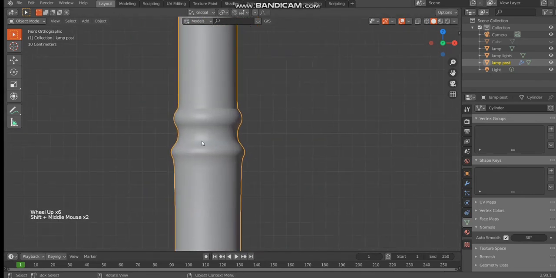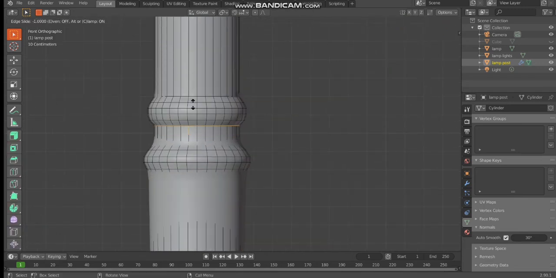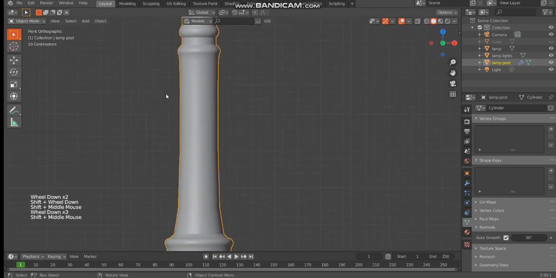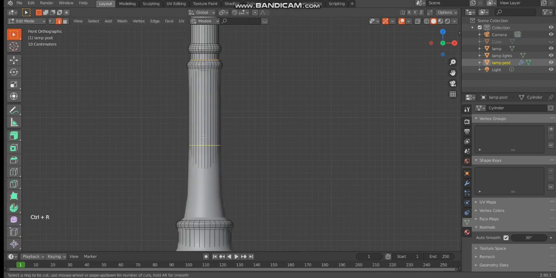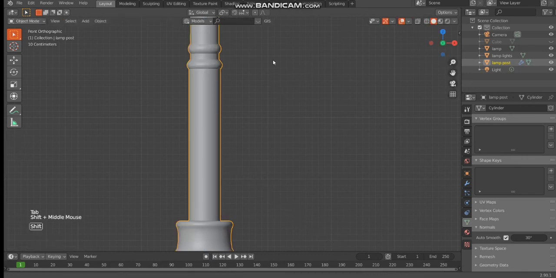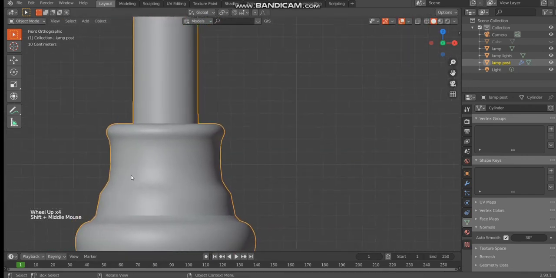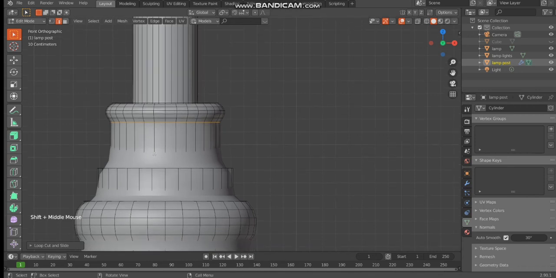Same way we are going to do here, but this time in a different way, which is adding one loop at a time. So Ctrl R, slide up, Ctrl R, slide down. Here we will go with the other method, which is Tab, Ctrl R, scroll the wheel so that it gets two cuts, then S, Z. Now we'll add some here, so you will understand that we are doing the same thing for each of these parts. So Ctrl R,